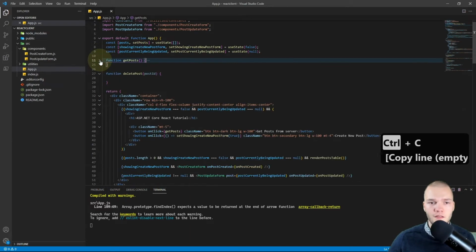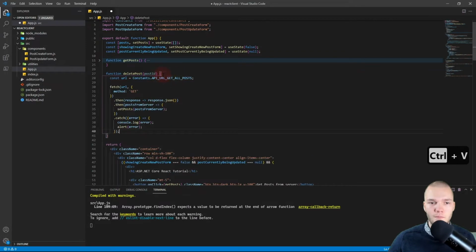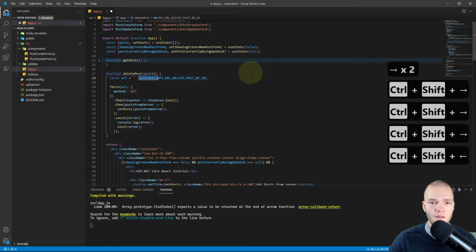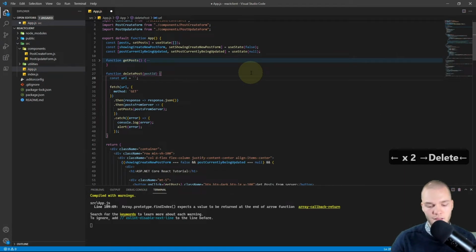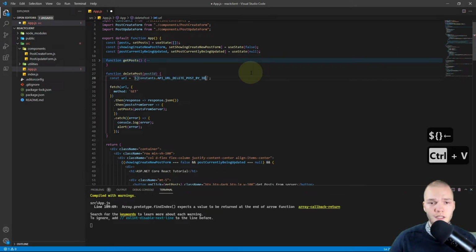So I'll copy that, tuck it back in, paste, and then change this URL to delete post by ID, and I'll make this an interpolated string with backticks, and select this and copy it, and add a dollar curly braces and paste it inside there, and then I'll do a slash, then another dollar sign curly braces, and append